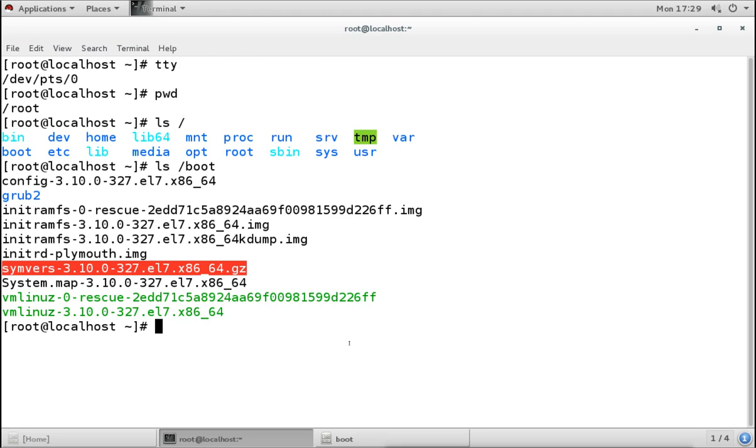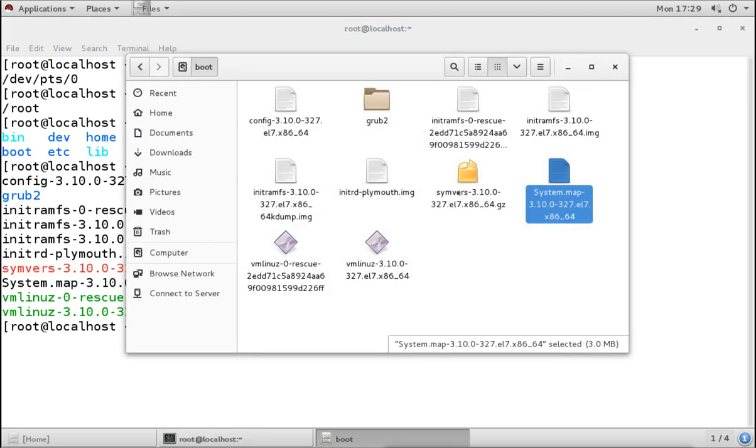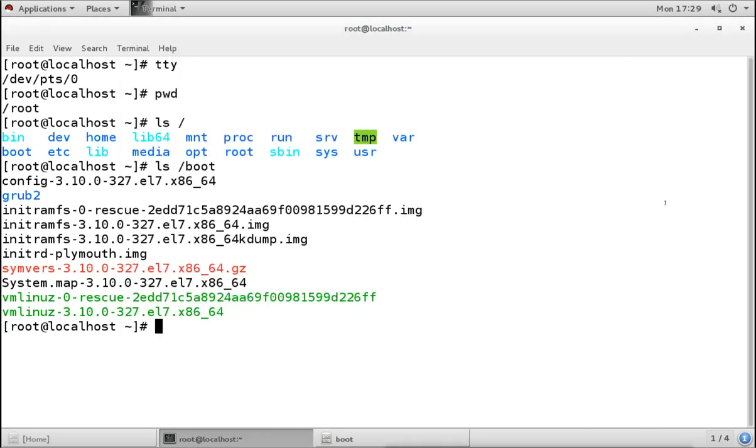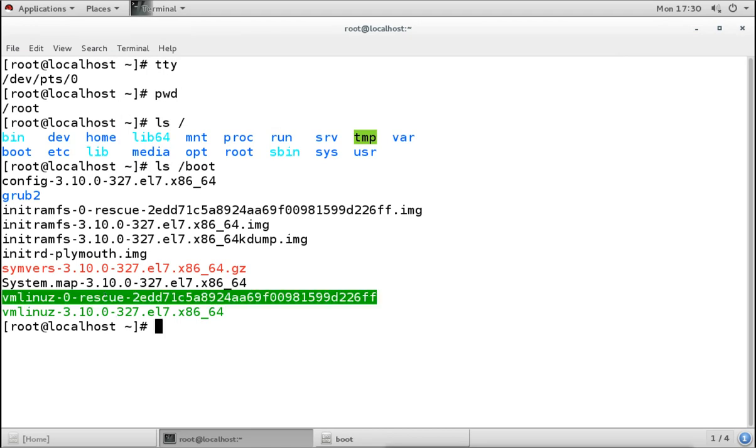Now a zip file, we know, is a compressed archive, and what is an RPM file or a tar file? An RPM file is actually the installation file in RHEL, and a tar file is actually a backup archive file. So basically those archive files we saw in red color, and we can see it in the graphical view also. This is the file.